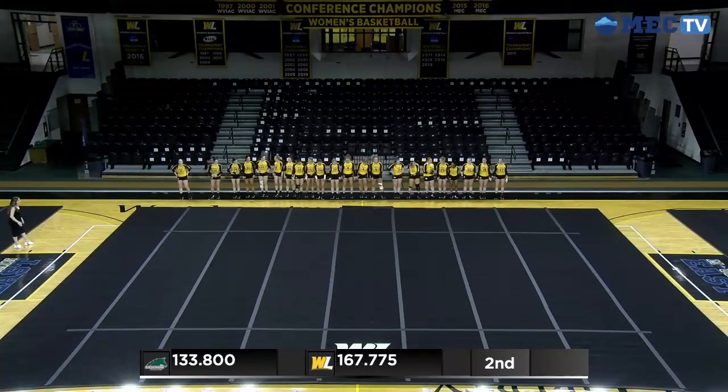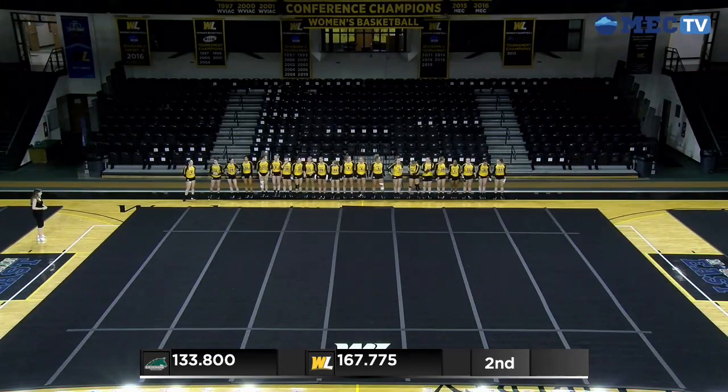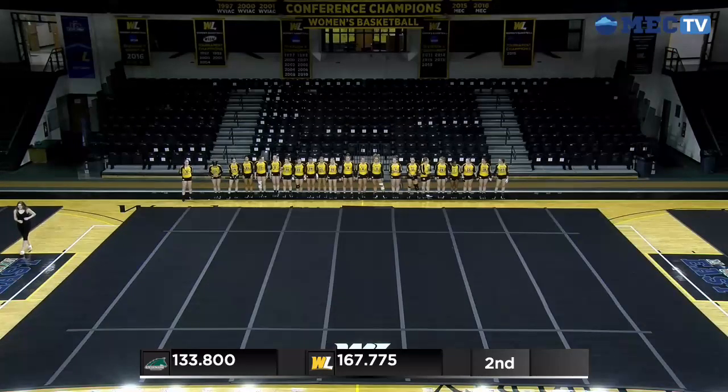West Liberty averaging an 83.50 in the team event, had a season best 86.26 in a big moment to secure the win by a half a point or so over Glenville State on Sunday. Oh, it was more than 0.6 of a point. There we go. A little more breathing room for the Hilltoppers. There's a little change in today's team event. The pyramid a little bit different, Coach Kyle pointed out to me. Injury during the practices this week. A little change, but...